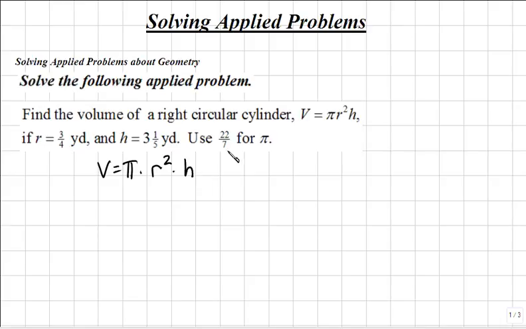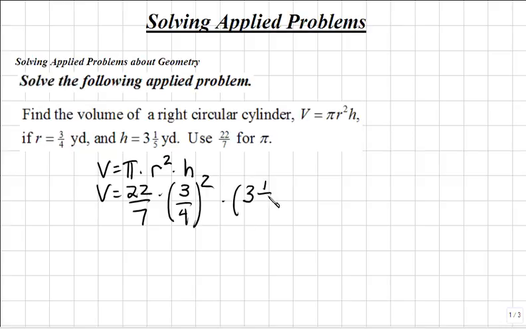the height. So this becomes volume equals, we'll substitute 22/7 for pi, and we'll also substitute 3/4 for r. So this will become 3/4 squared times h, which we'll substitute as 3 1/5. So to find this answer, let's first convert 3 1/5 to an improper fraction, and then use order of operations